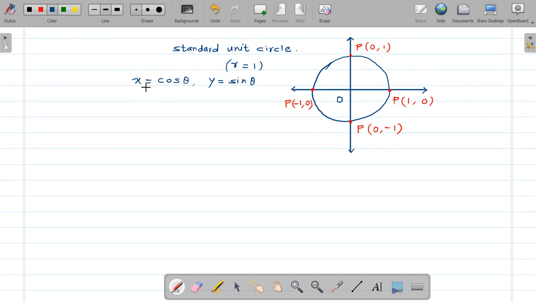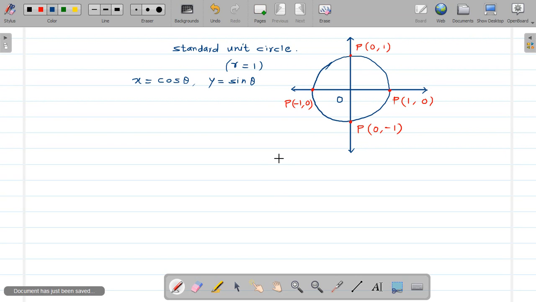That is, the x coordinate is the cos ratio and the y coordinate is the sine ratio. And if you rotate this in the clockwise direction from the positive x-axis, then this one is -π/2, this one is -π, then -3π/2, -2π. So for negative angles also you will get the corresponding trigonometric ratios, meaning the cos ratio and the sine ratio. So remember this.